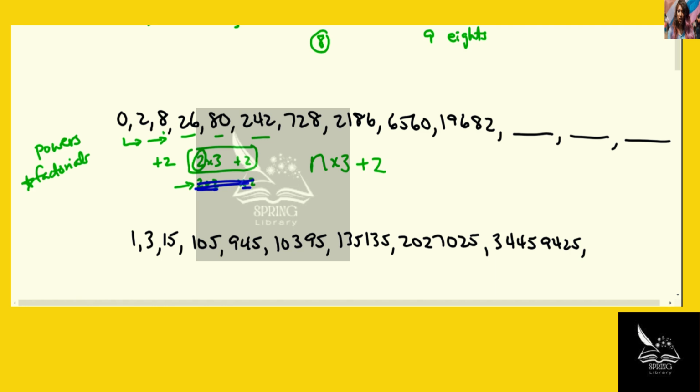If I take 19,682 times 3 plus 2, I'm going to get 59,048. Times 3 plus 2 gives me 177,146. And doing it one more time gives me 531,440. Okay, the biggest help for this one was that very first gap, knowing that it wasn't just going to